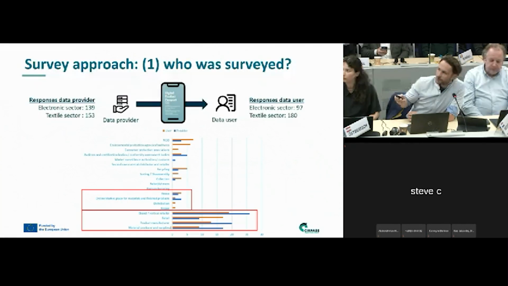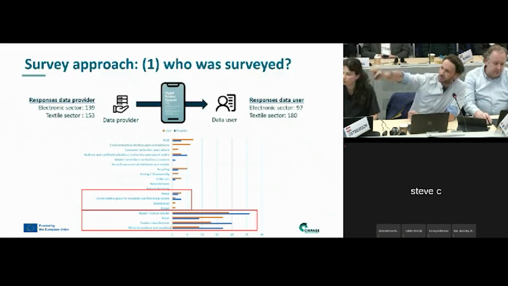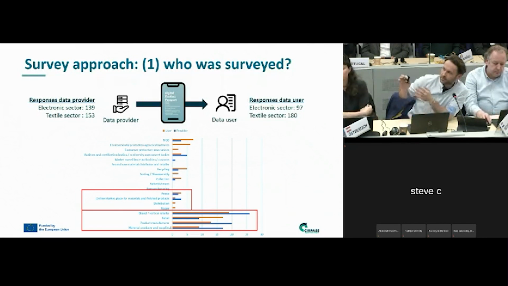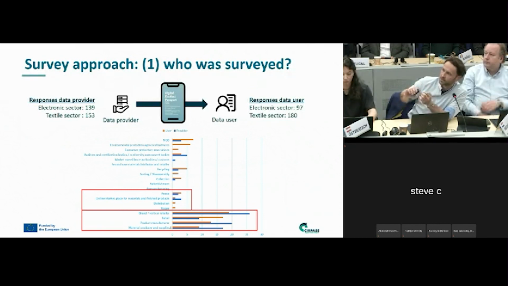So on the approach, we basically have two sides. You see on the left the data provider. So somebody, of course, has to generate the data and put it in the product passport. And on the other side, somebody will use the data. And this is basically also our approach. We had two different surveys, one for the data provider to evaluate the data generation effort and the data user